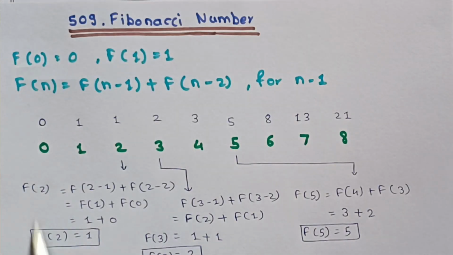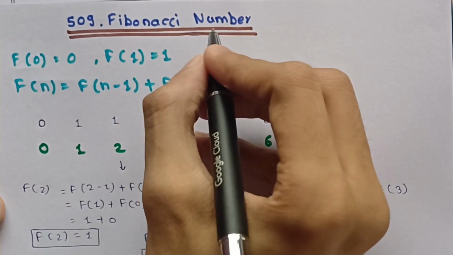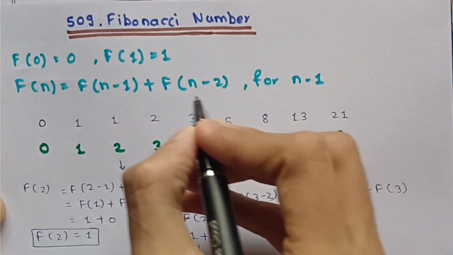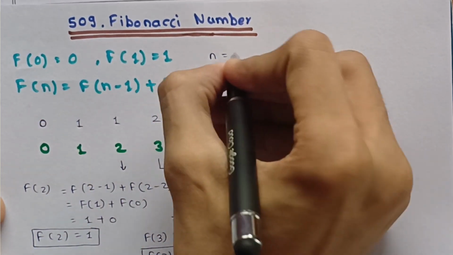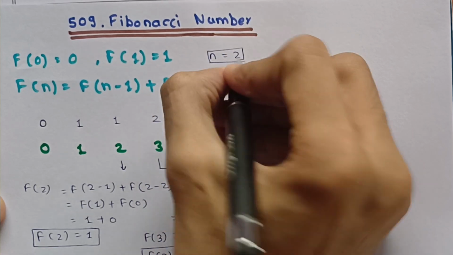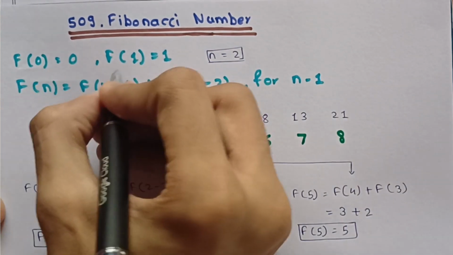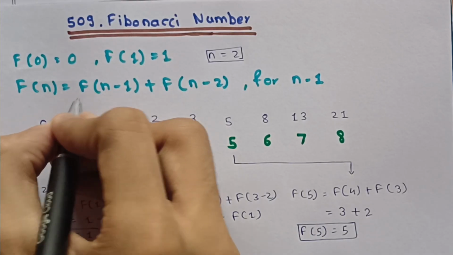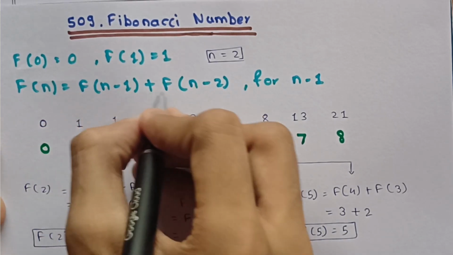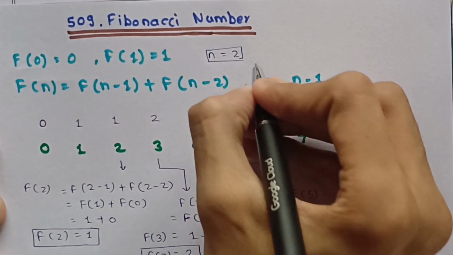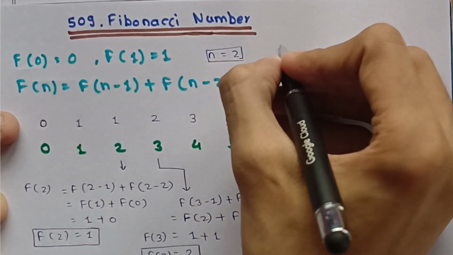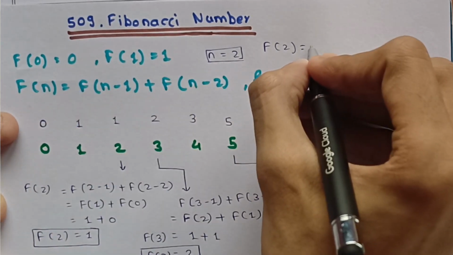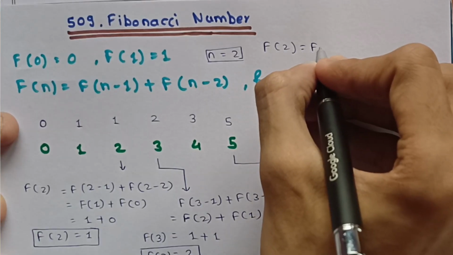Let's understand the problem statement. We are seeing the Fibonacci number, problem 509 on LeetCode. Suppose n is given as 2. Here f of 0 is 0 and f of 1 is 1, and f of n is equal to f of n minus 1 plus f of n minus 2, as given in the formula. So f of 2 is equal to f of 2 minus 1, which is f of 1,